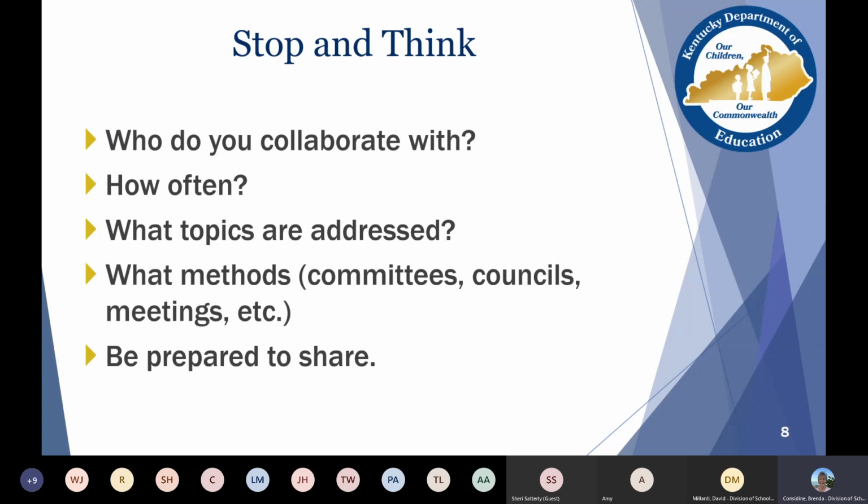So those are conversations to really be having with them, because some districts did receive some additional funds this year. And what do you do with that? I think PD would be a good place, like David said, to have it as a placeholder, because of course professional development is going to look different.